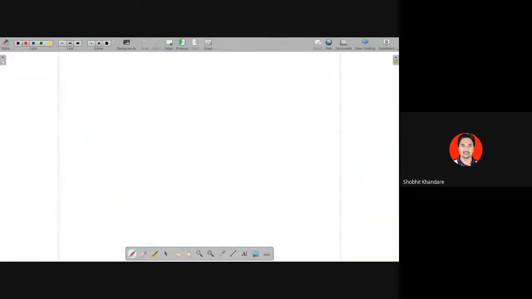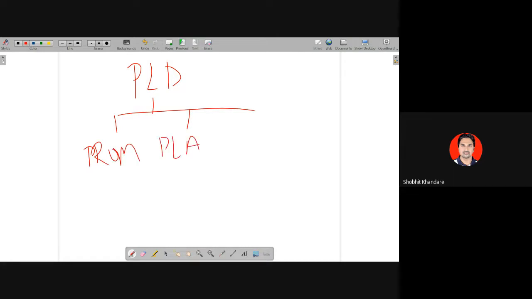I'm writing down here: I'll be talking about what is PLD. In the PLD we have 3, that is PROM, PLA, and PAL. These are very important concepts and simple to understand. PLA and PAL I will take, and PROM we will do in the types of memory. In types of memory there is RAM and ROM, and you have to see their difference and their internal structure. These are simple. You will find them in any of the books, along with features, drawbacks, and the difference.